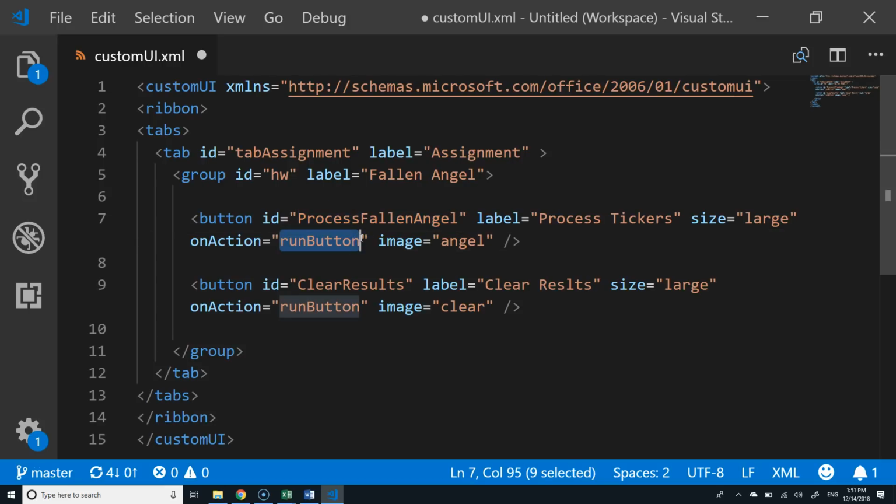If this is on the exam, it'll be something more like this. There'll be two different names for the on action. Can you look at this and say, I can tell what the buttons look like, I can tell what code's going to be executed under which situation. Are ID, label, size, on action, image, are those properties? The question is, are these properties of this tag? And the answer is yes. So ID is a property. They're called properties. Actually, I think technically in XML they're called attributes, but same idea.